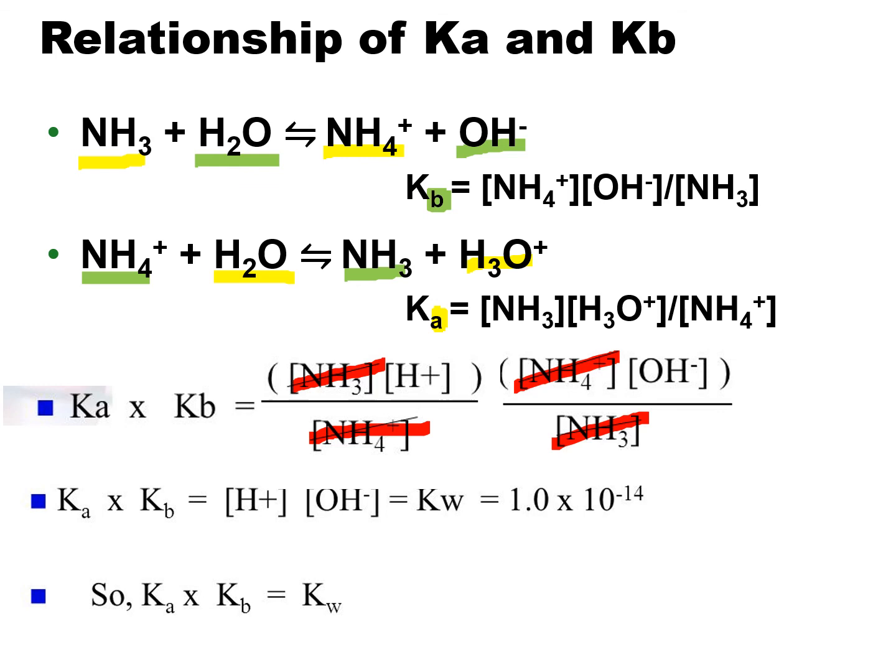So the product of the Ka and the Kb for a conjugated pair of acid and base is going to be equal to the product between the H+ and the OH-. That is, as we have seen, a constant value of 10 to the minus 14. So this means that Ka and Kb are inversely proportional. The larger is the Ka for an acid, the smaller is the Kb for its conjugated base. And the larger is the Kb for a base, the smaller is the conjugated